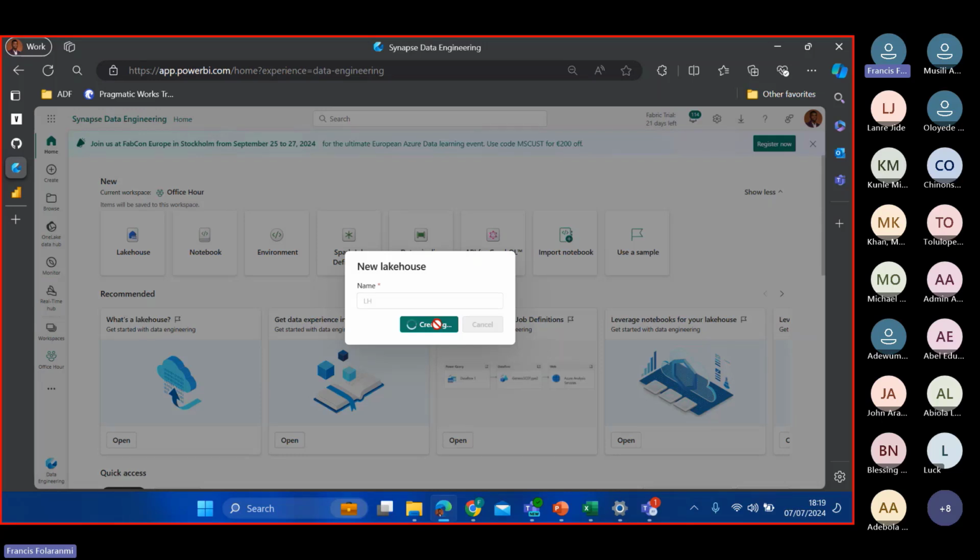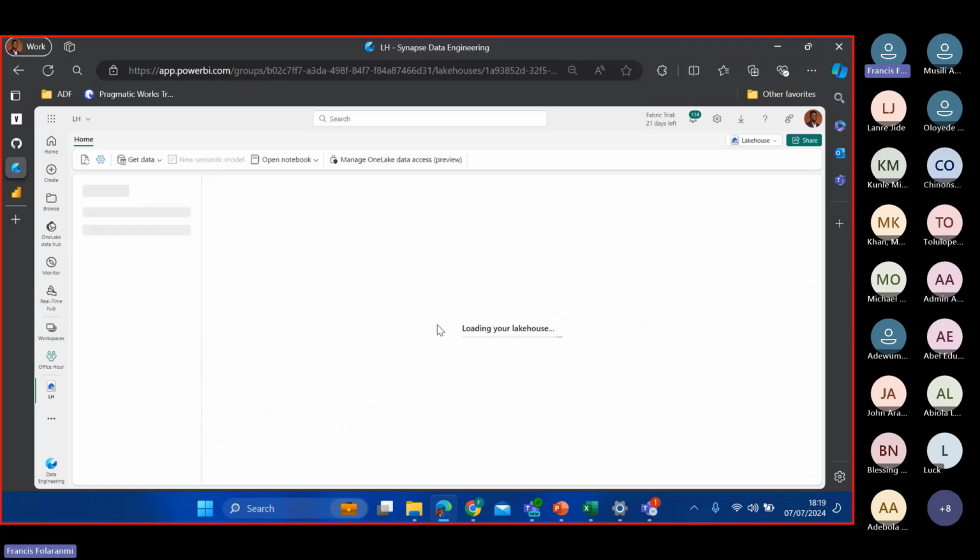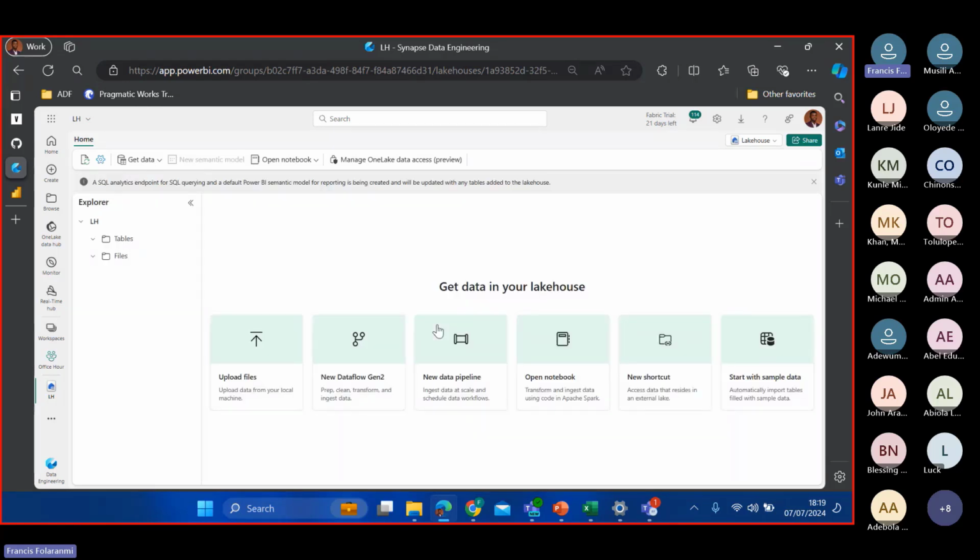Like we know, a lakehouse can take both structured and unstructured data. I can upload a CSV file, XML file, or any kind of file, or even a parquet file, which is a data format file. Our lakehouse is empty. There are various options available to ingest data into our lakehouse. You can upload the file. You can use Dataflow Gen2, which is Power Query Online, a data pipeline, which is Data Factory, or even a notebook.